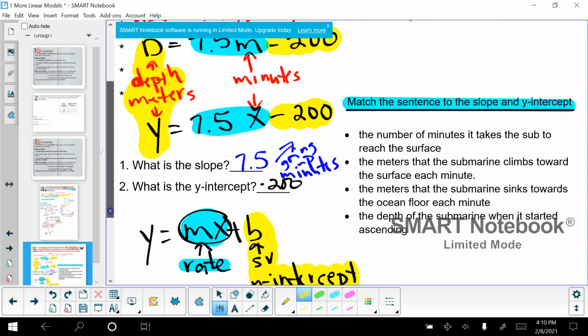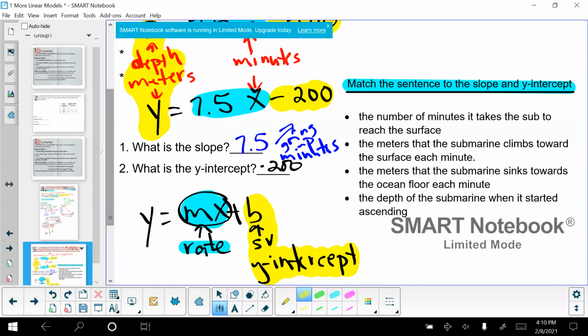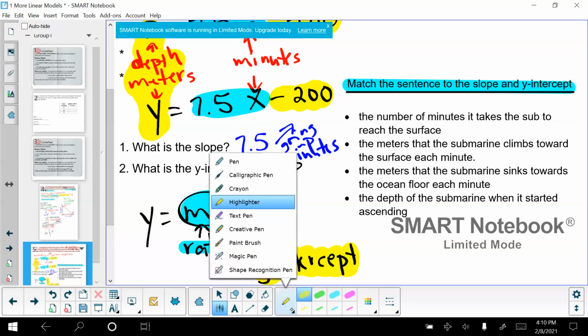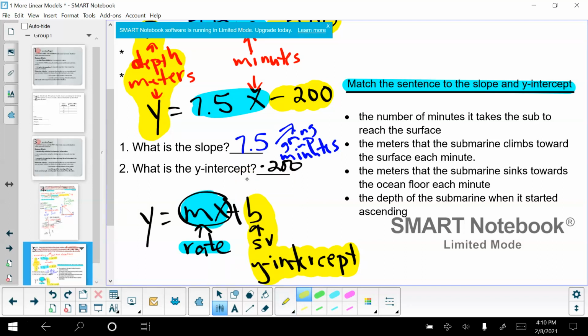Because that will actually help you figure out what these things mean and what they're talking about. Since the y is referring to the depth in meters, then we know that negative 200 is negative 200 meters